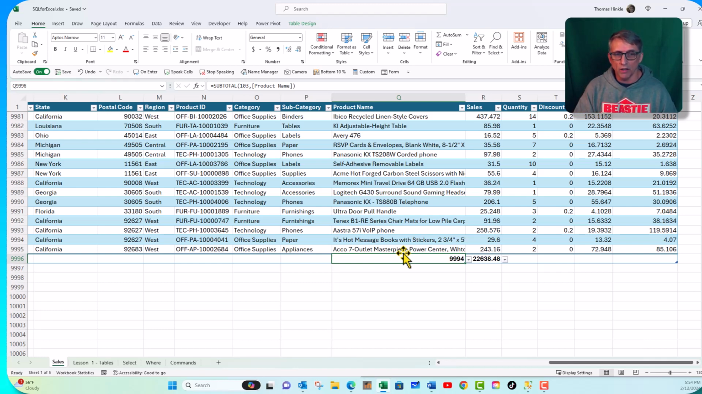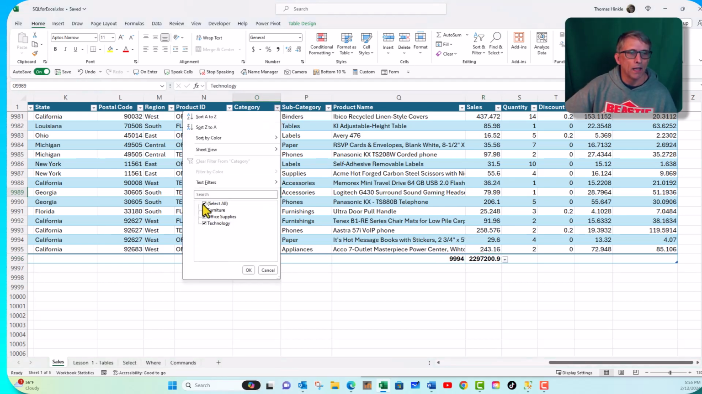Now, one of the things that is kind of nice that we'd like to know, even though we've got the count of the number of items in our data set and the sum of sales, we've got some categories here. We've got office supplies, furniture, technology, and subcategories. We've got some states. What if we want to know the total number of items and the total sales for the technology group? So let's click this drop down in category and take that off and go down to technology